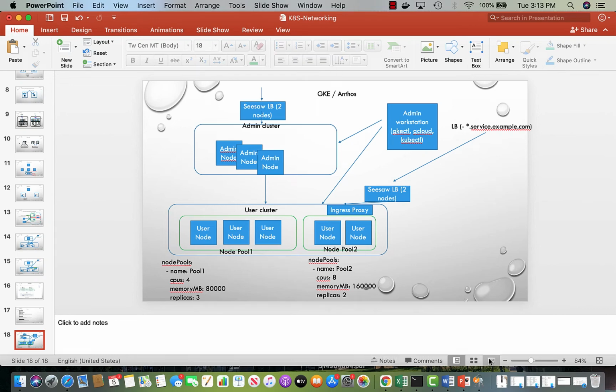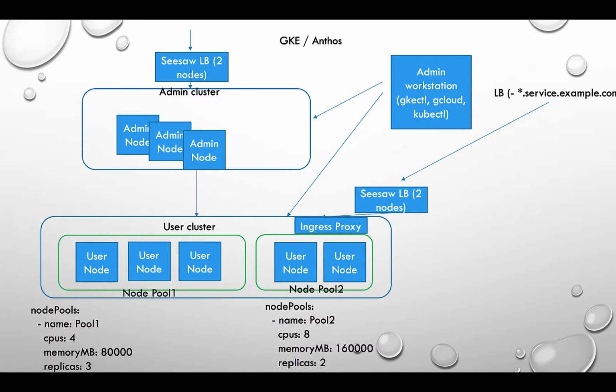Hi, so in this section, I'm going to cover a little bit about GKE, which is the Google Kubernetes Engine, and it also has a version of Anthos, which is called on-prem. It runs on bare metal or VMware. So why am I doing this section? Because when I first started working on GKE,